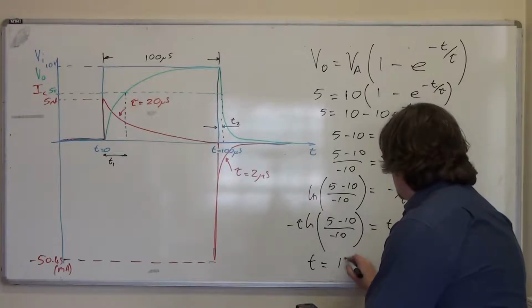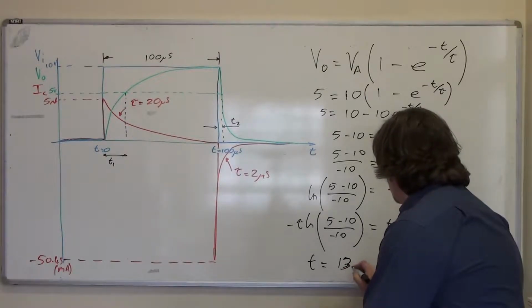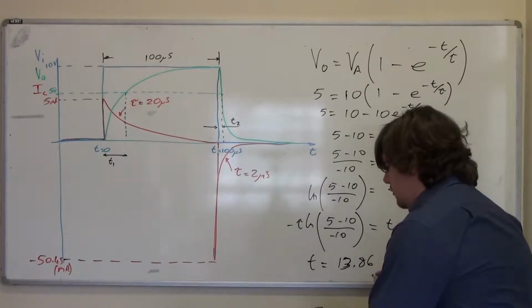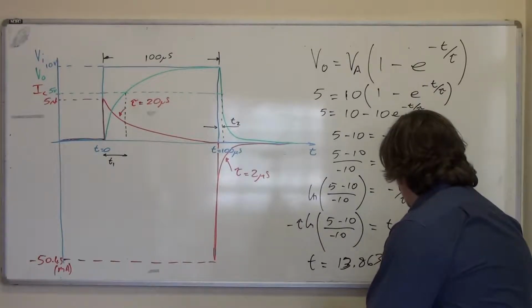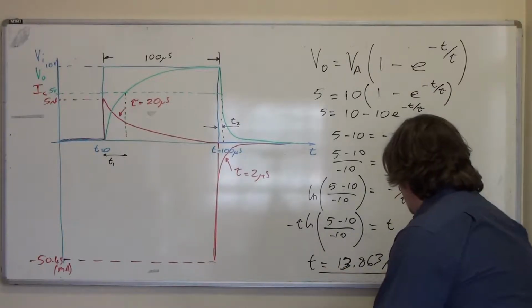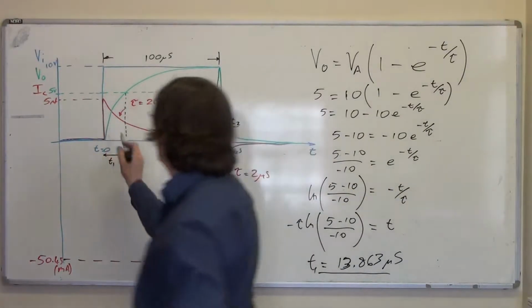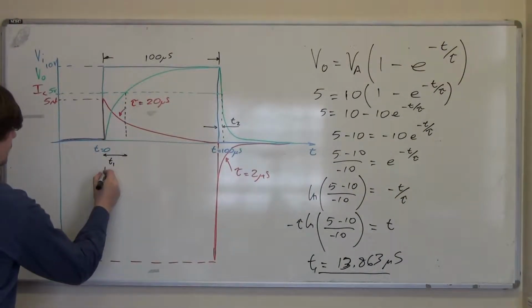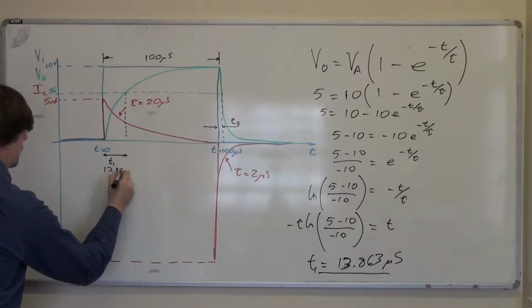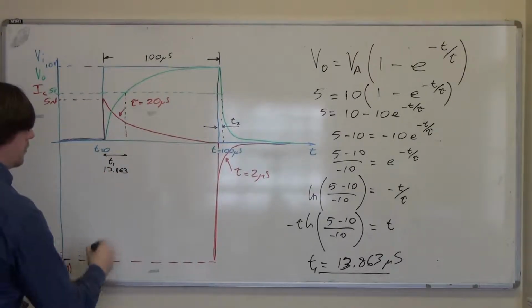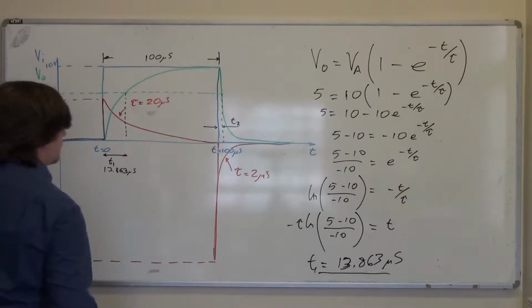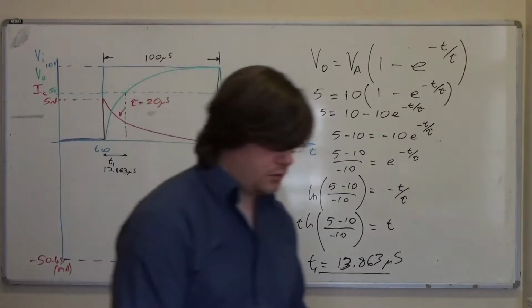So 13.863 microseconds. So this is T1. So that period there is 13.863 microseconds. Alrighty, so we've got the first one,